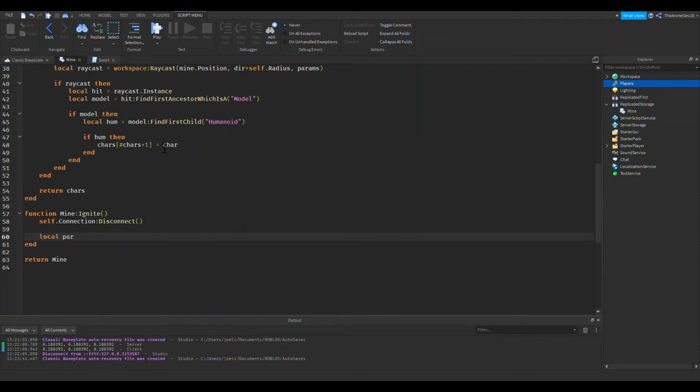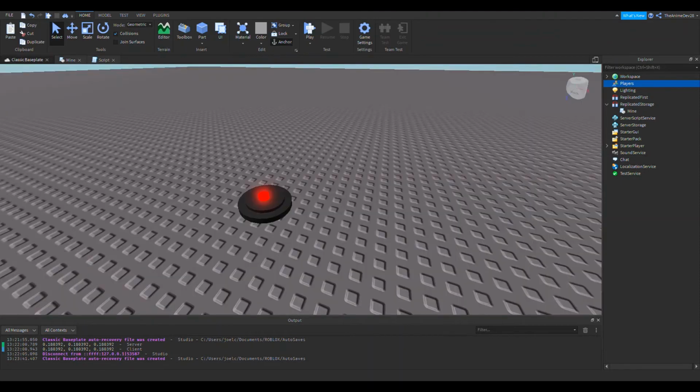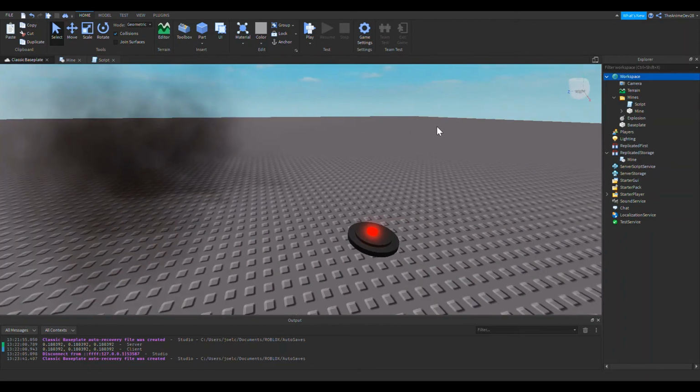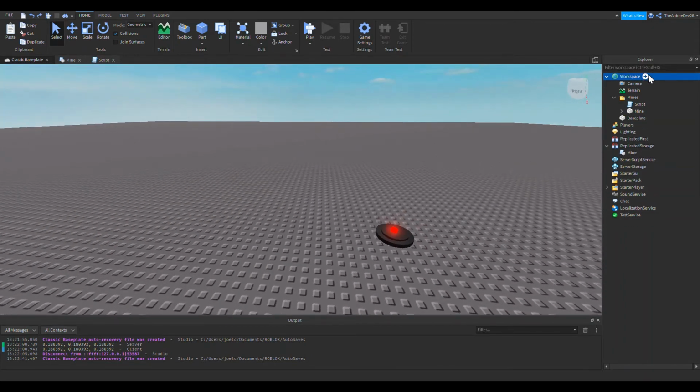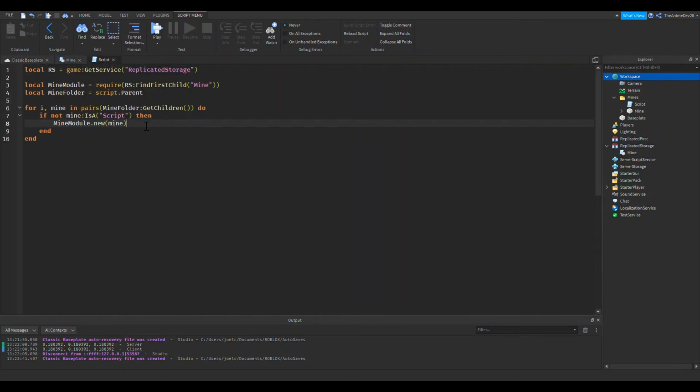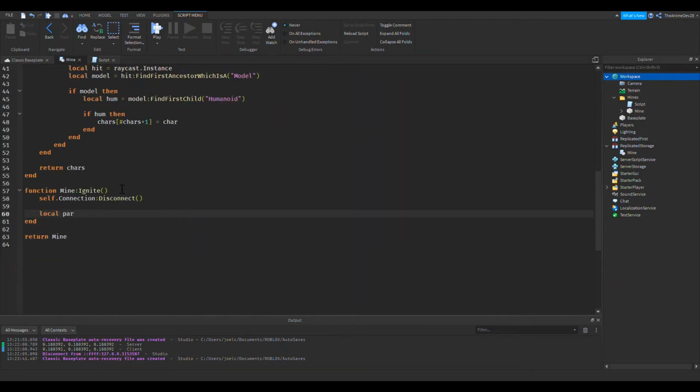Alright, so what I'm going to do is, if you saw the particles that I had, I'm just going to copy those. Feel free to just completely make your own if you want. You could even use the one Roblox gives you. Explosion. Oops. You want to see that again? You could use this one if you want. It's up to you. Alright. So now that we got that, we're going to copy this into the module script, these two particles that I have.